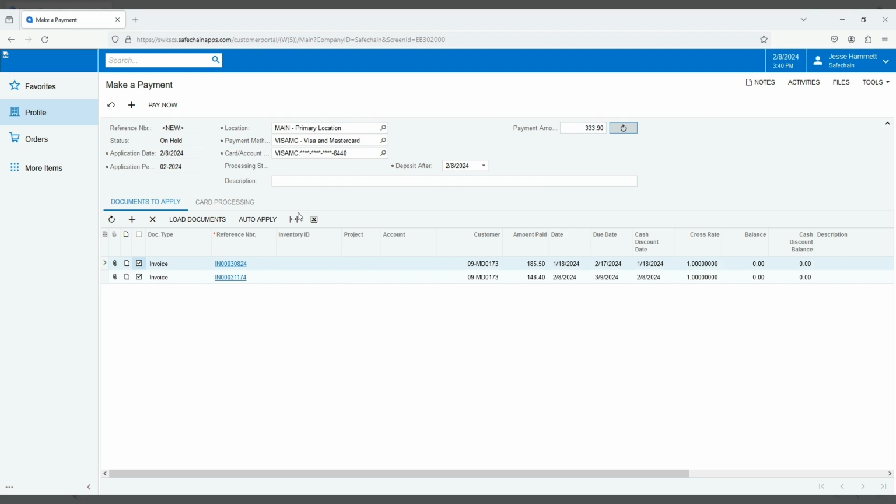The Make a Payment page would be for anybody really who is on terms of some sort and they want to come in and pay their open invoices. Again, prepaid credit card, you don't have to worry about this. This will be handled by your rep. It's done automatically before the order ships. Make a Payment would be for